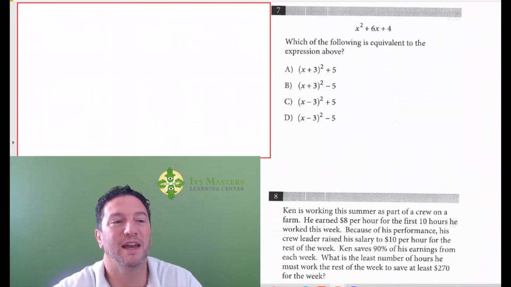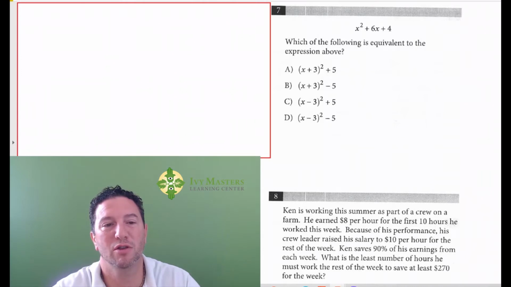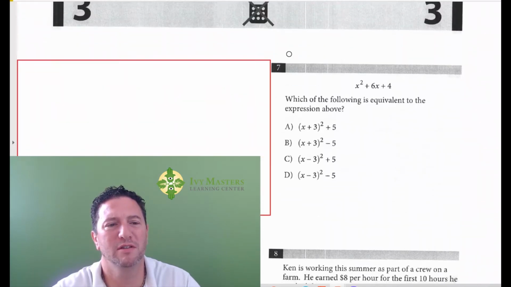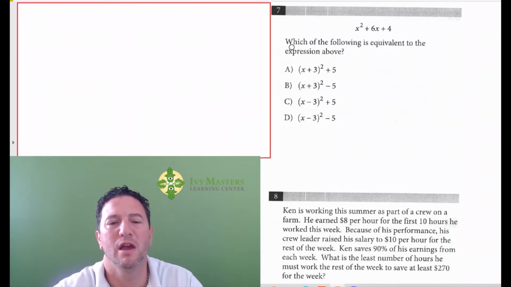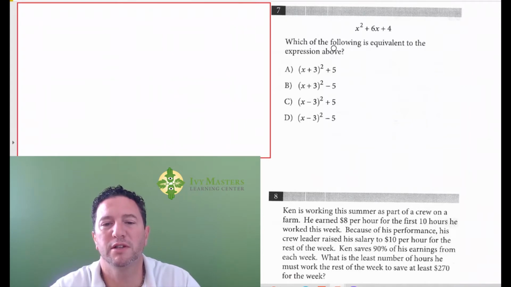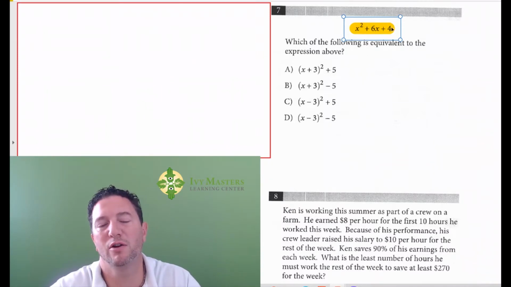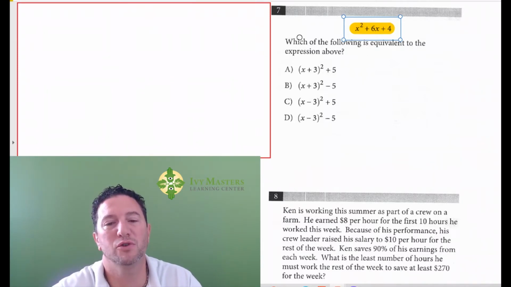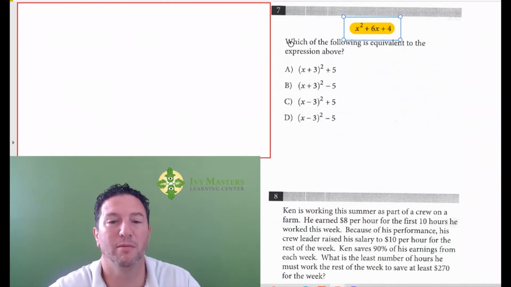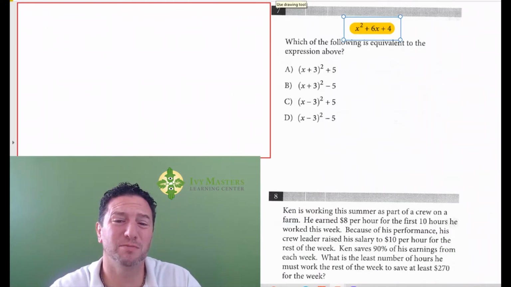And today we're going to look at Test 7, Section 3, Number 7. It is Section 3. Yes, it's Section 3. And Number 7 reads, which of the following is equivalent to the expression above? So what you might notice is that we've got a quadratic, and then the answer choices are in vertex form of the parabola. So first, I'm going to show you the way that I think would just be really easy